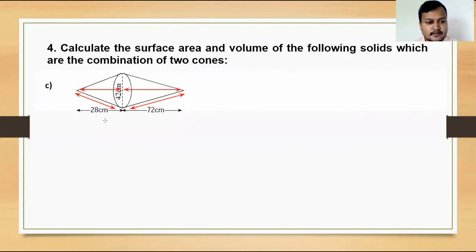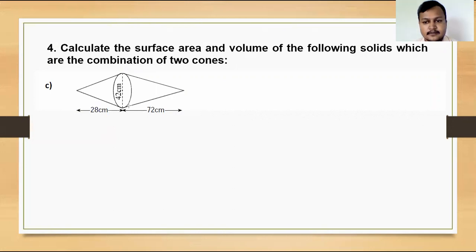And to find out the surface area, we have to calculate the curved surface area of the cone. And what is the formula of curved surface area of a cone? Pi r l. For that we need slant height. Vertical heights are already there. After finding slant height only we will be able to calculate the curved surface area. And for volume we don't need slant height. Volume we can calculate by using the formula 1 by 3 pi r square h.